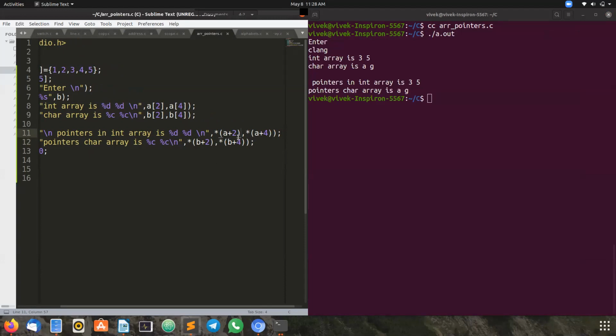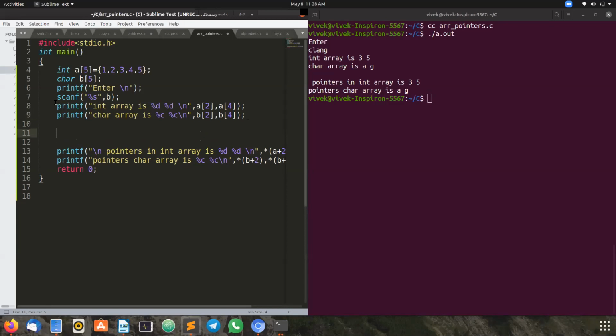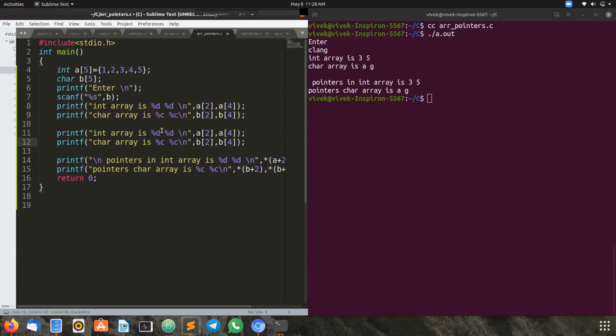To know just the address, I will show you that also. To know only the address, we use the normal way of printf. What do we use for an address? Percentage P, and we have to put the ampersand symbol here, isn't it?